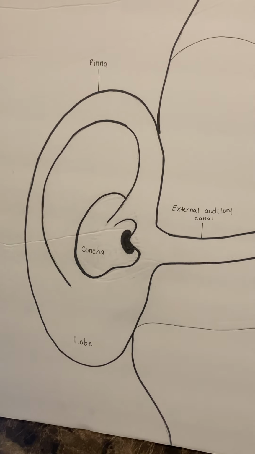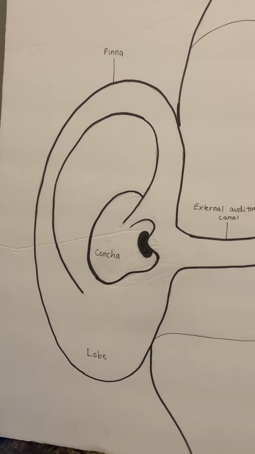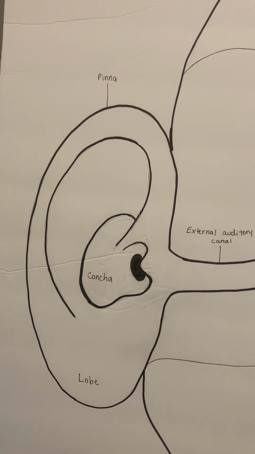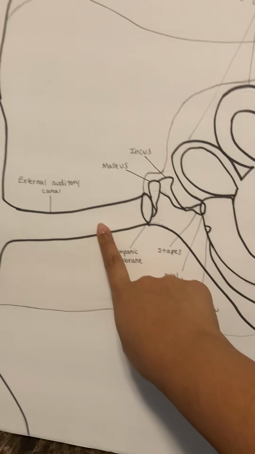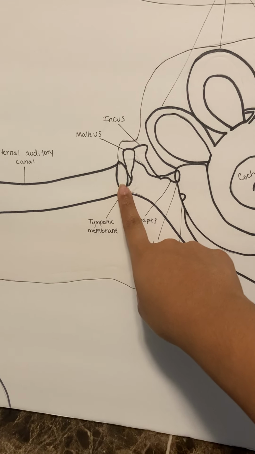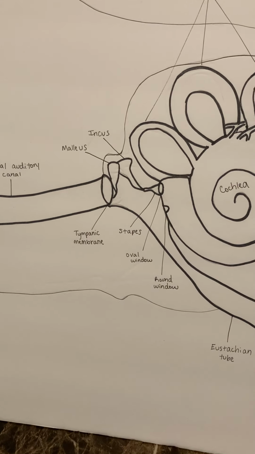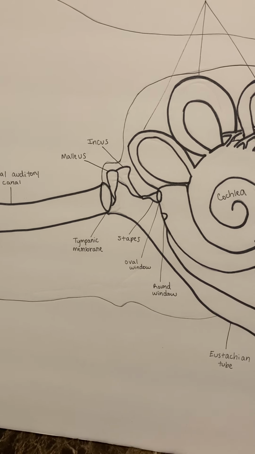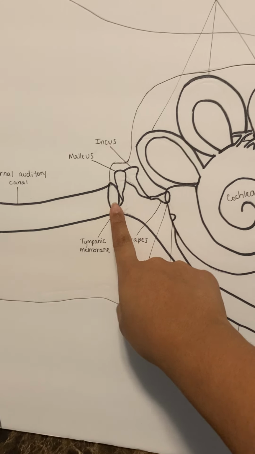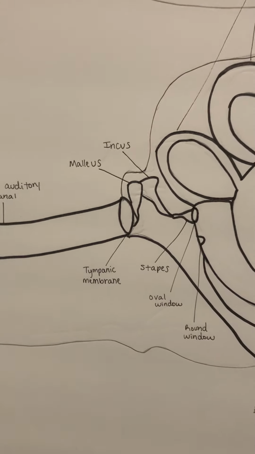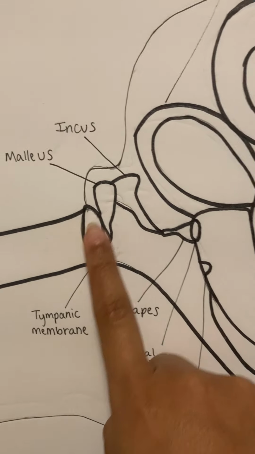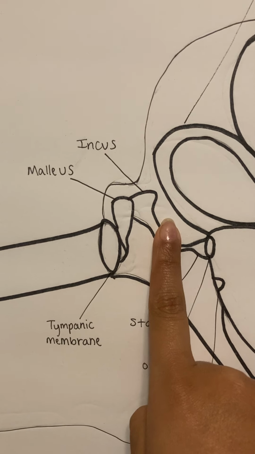The pathway of sound by air conduction begins as acoustic energy when sound waves are gathered by the pinna and funneled through the external auditory canal to the tympanic membrane. This acoustic energy then turns into mechanical energy when the sound waves hit the tympanic membrane and set it into vibration. The vibration of the tympanic membrane then causes the middle ear bones, which are the malleus, incus, and the